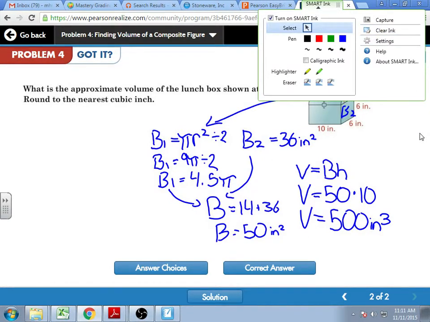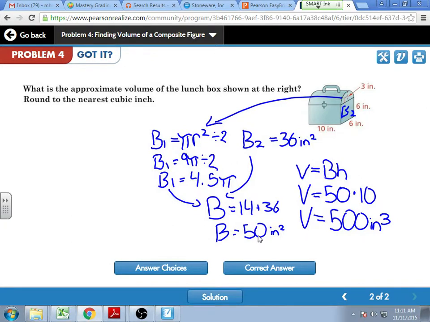What do you mean? Question? Yeah, because your combined base area is 50. He simplified early. Then what'd you get? I got 500. You got 501. If you don't round your base of the semicircle, it was like 14.1371669. So then if you add that with your 36, and then you multiply that by your 10, you get like 501. Yep. 501.4-ish.